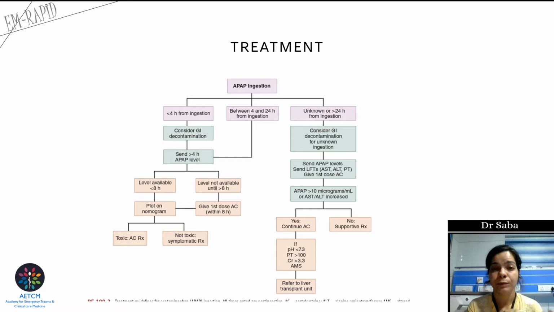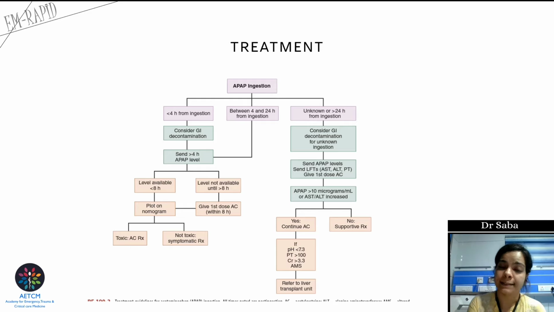And then we send the sample for toxicology to check for the toxicity levels in the body, that is 4 hours post ingestion. Then the next step depends on when we are going to get the results. If we get to know the level of acetaminophen in the body within 8 hours, then we will plot the measured acetaminophen concentration on the Rumack-Matthew nomogram, and if it is toxic, we will treat